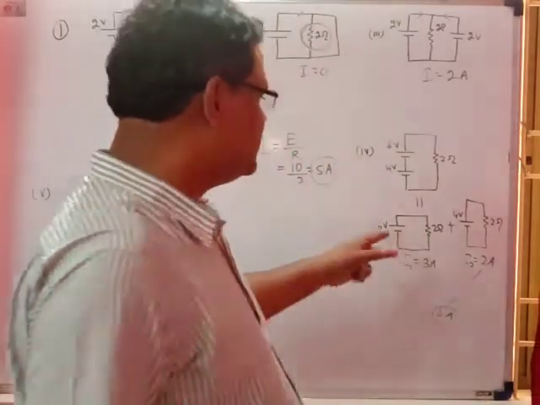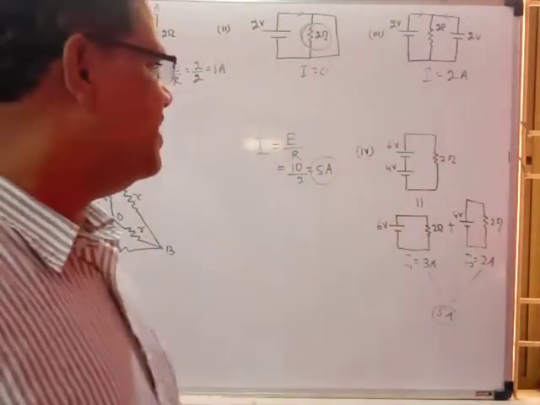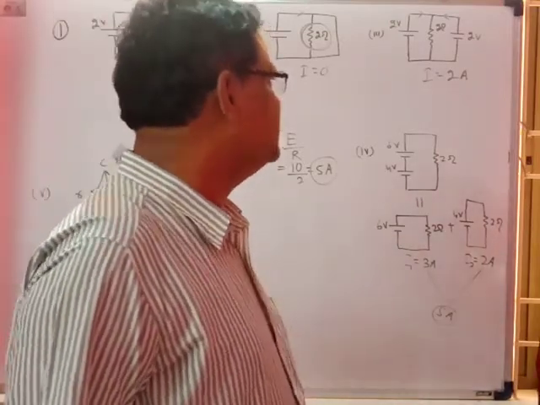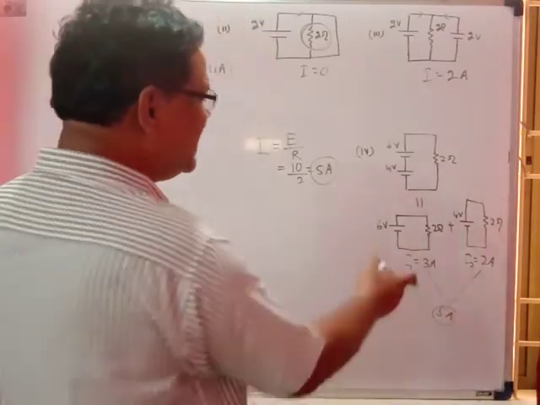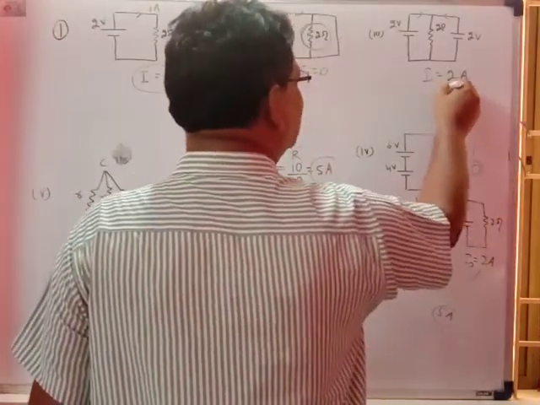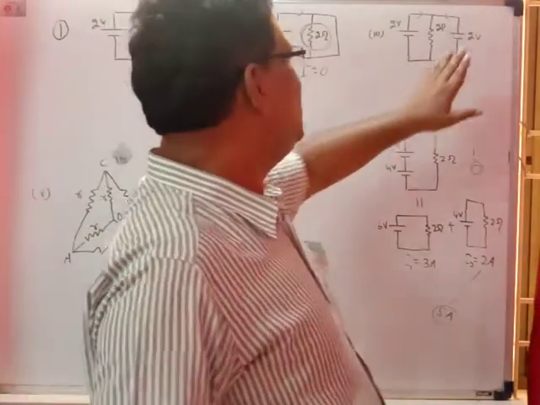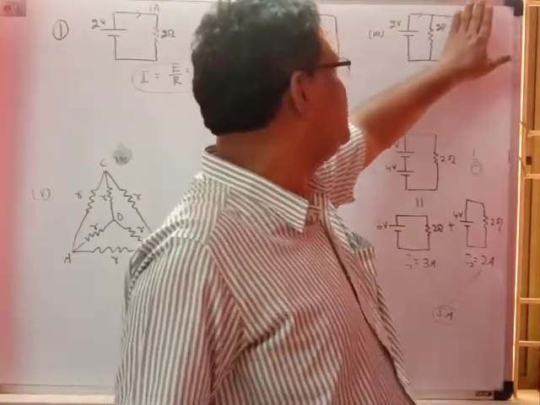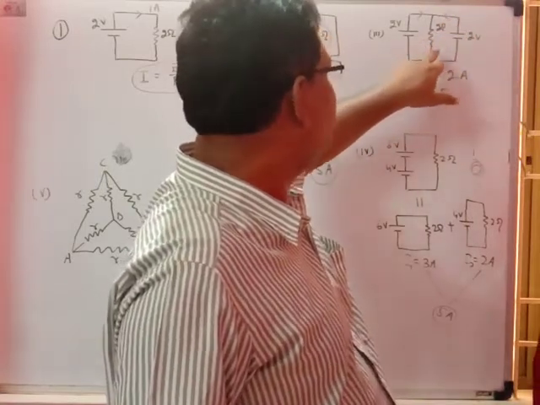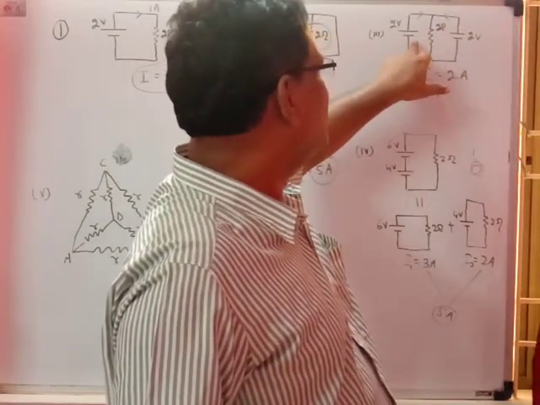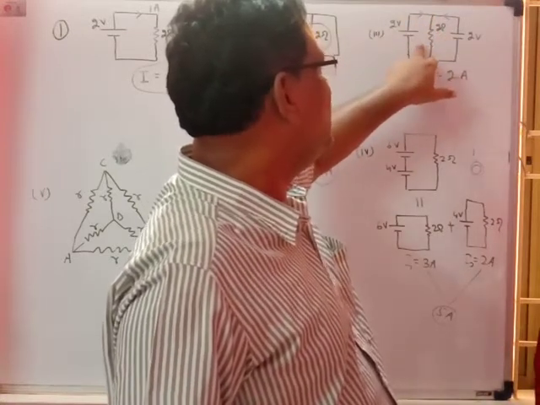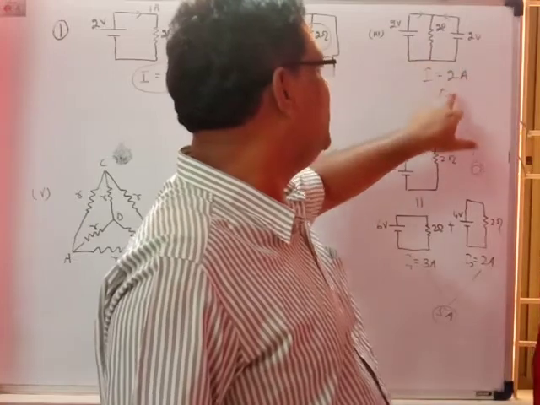So by superposition, if you do not remember the equivalent EMF, you can do it in this manner by the principle of superposition of currents. If you apply this trick here, what will happen? If you remove this cell and connect it directly, the resistor will be short circuited, and the current in this case will be 0 and in this case 0, and the net will be 0.